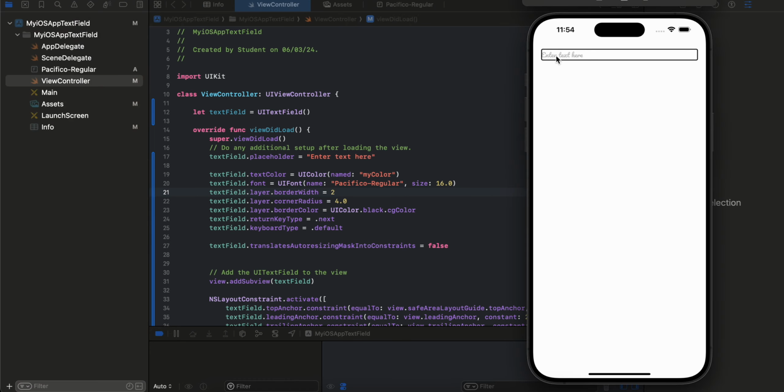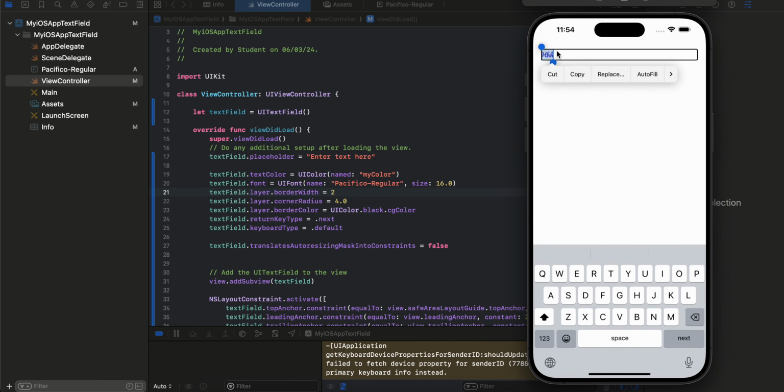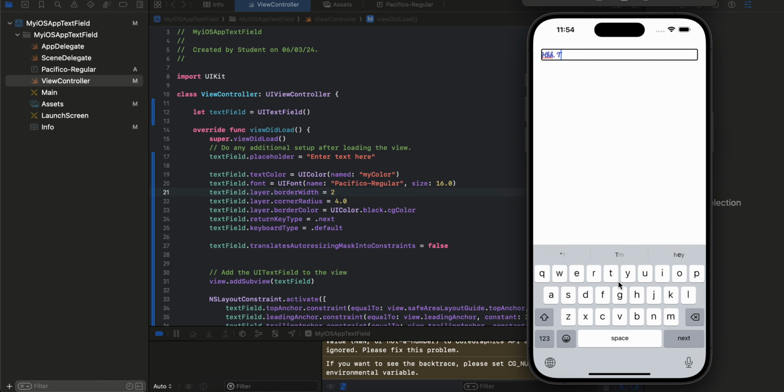So this is my text field, and here if I click on it, you can start typing whatever makes sense to you. Okay, I think this keyboard has stopped working. We face this issue every time you use the simulator. So here you can see